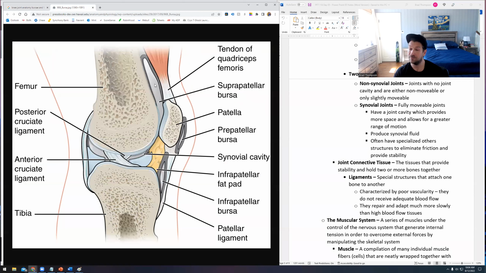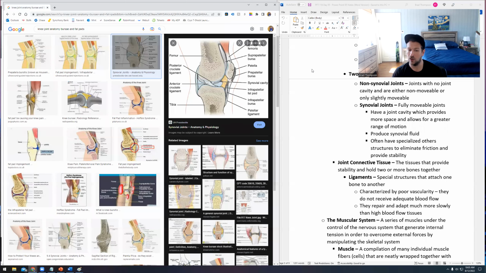That's called a bursa. Bursa are basically little fluid sacs that keep muscles from rubbing too hard against the bone. And then we've got a fat pad in there that's there to prevent friction, right? But probably the most important thing that we see in synovial joints that we don't see elsewhere